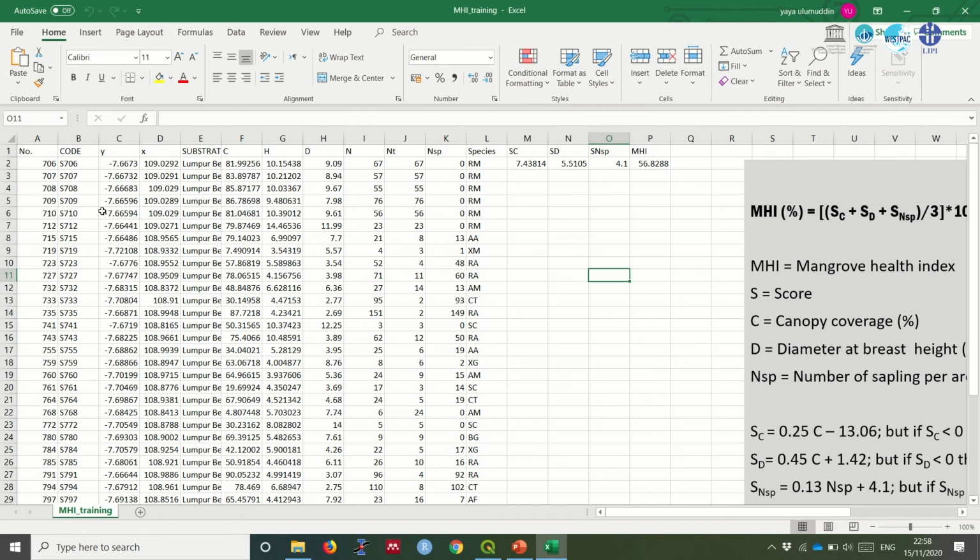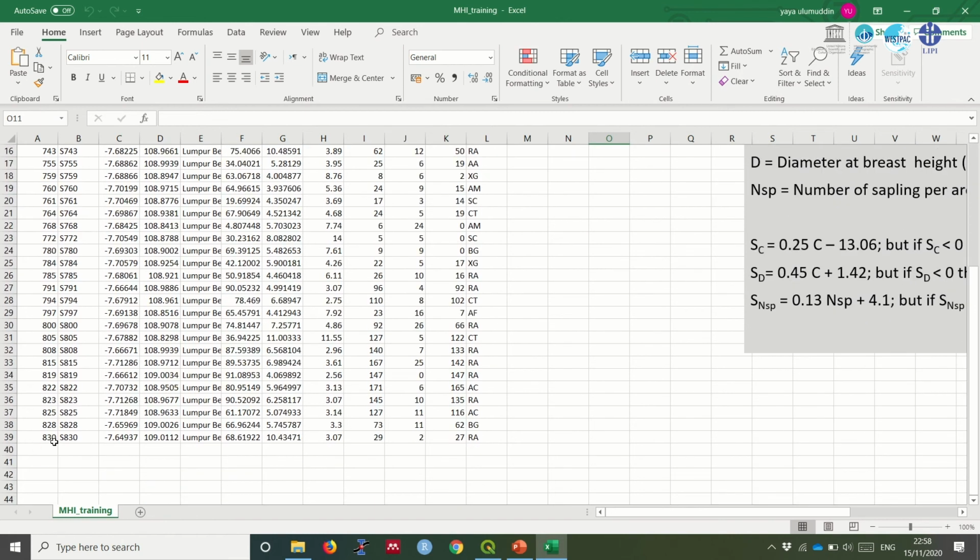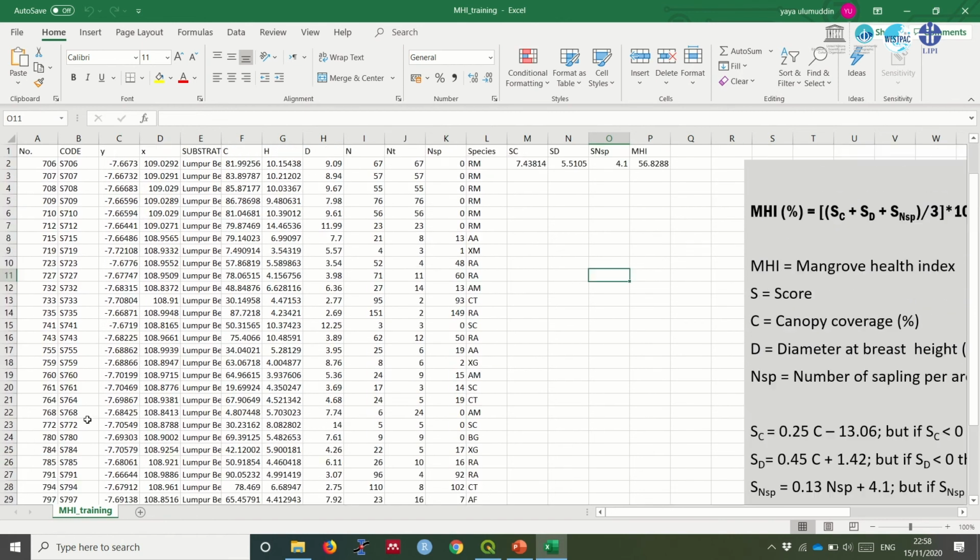We collected some plots, about 39, and substrate, and these are the parameters that we have already measured in the field, like canopy average, height, stand height,